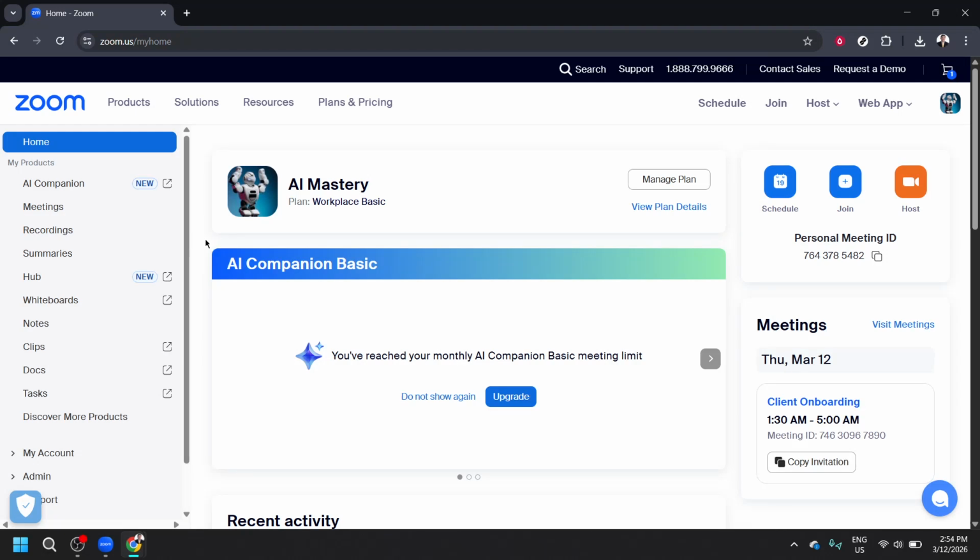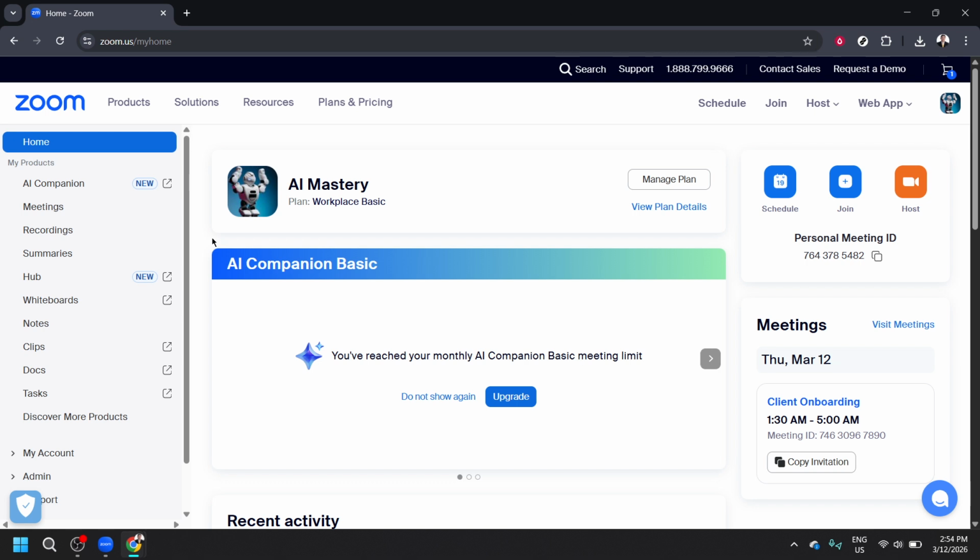In today's video, I'm going to teach you how to join a Zoom meeting from browser. This is perfect if you don't want to install the Zoom app or you're on a shared computer. All you'll need is the meeting ID and, if required, the passcode from your host. A modern browser like Chrome, Edge, Firefox, or Safari works best, and it helps to close extra tabs for a